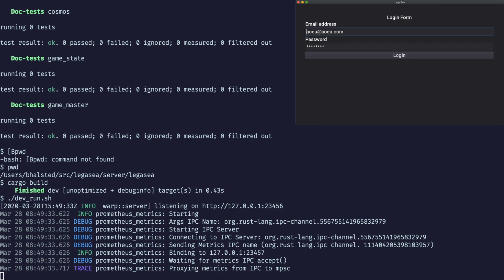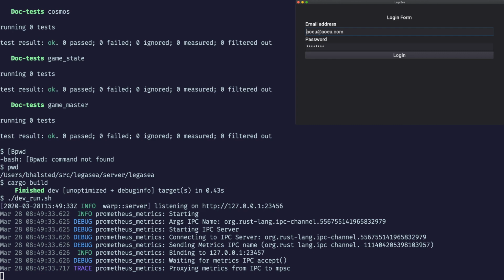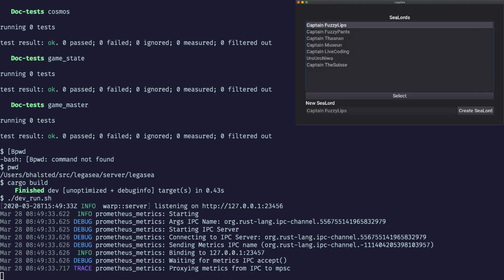Log in. Ah, that didn't work. Why didn't that work? Oh, because I'm trying to log into the other machine. I should go local. There we go. So if we create a new one,